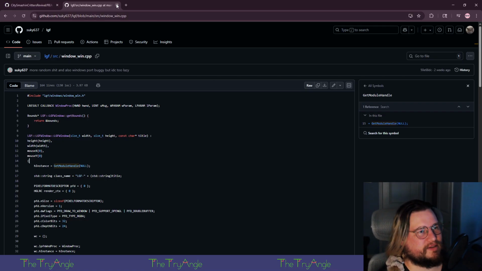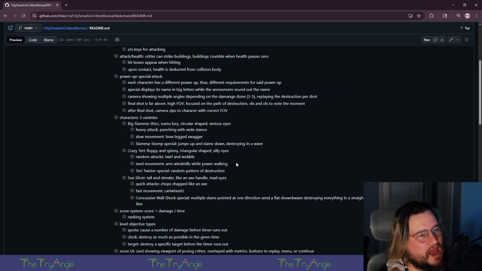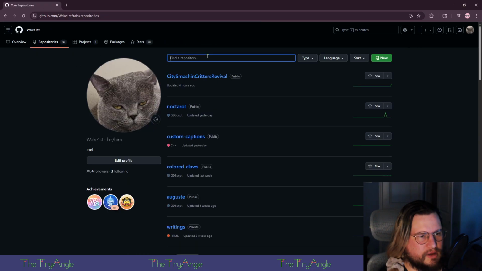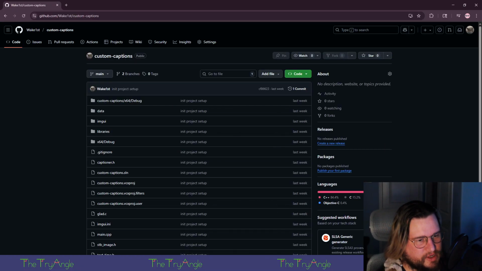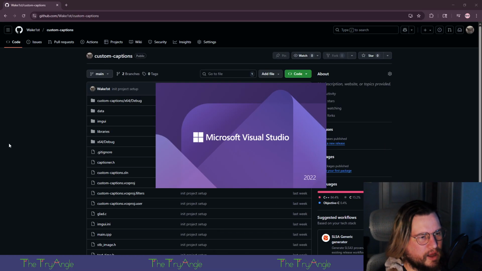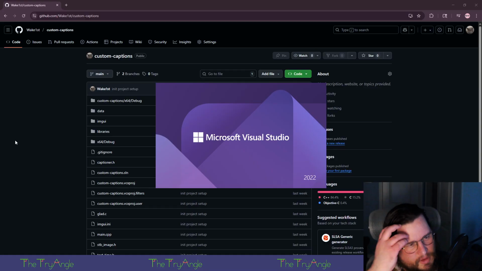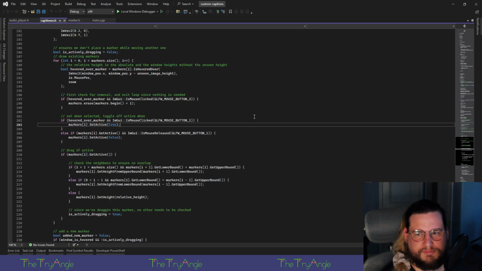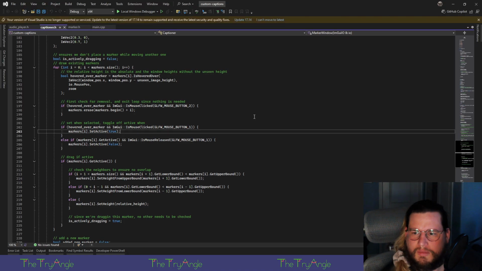Yes, that's just part of the fun. The most I've been able to come up with in C++ is, wait, I don't know, why am I showing you the repo? I have the code here. I'm trying to make a captioning tool where you can look at... that does sound painful.